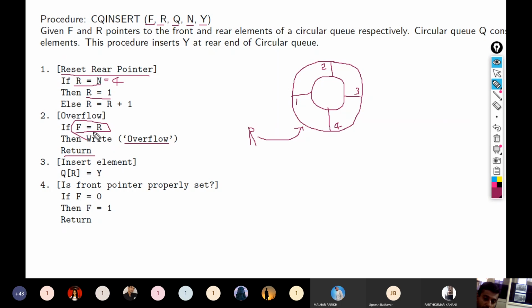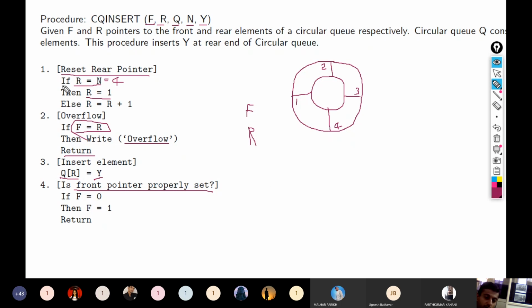If F is not equal to R, then you insert the y at the updated rear pointer, right? And you also need to check, is the front pointer properly set? Initially when the queue is empty, R and F both are 0, right?